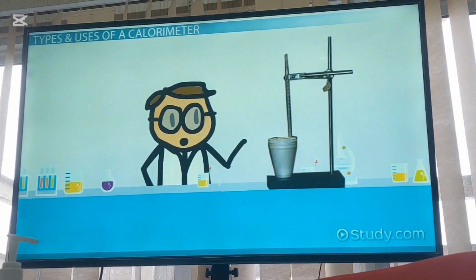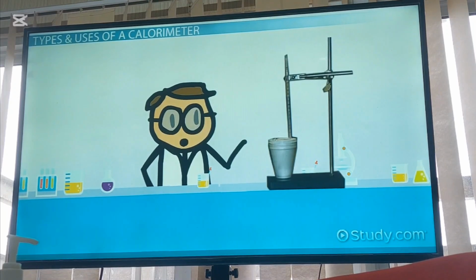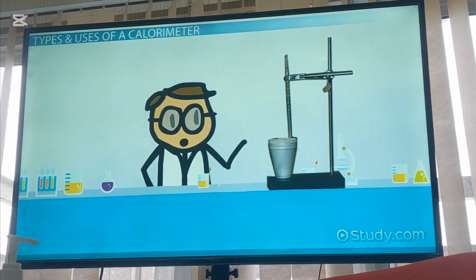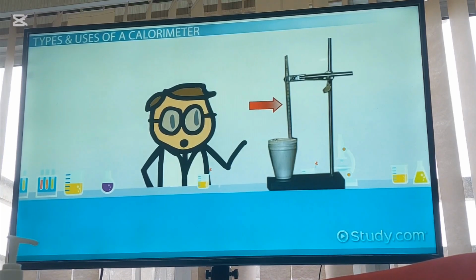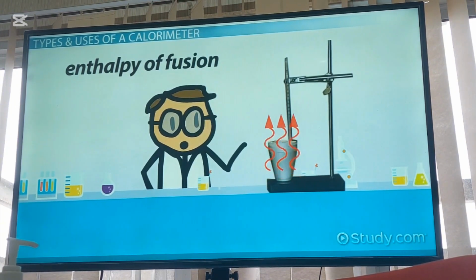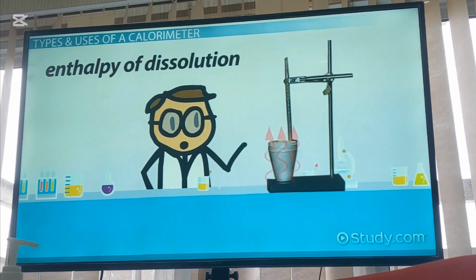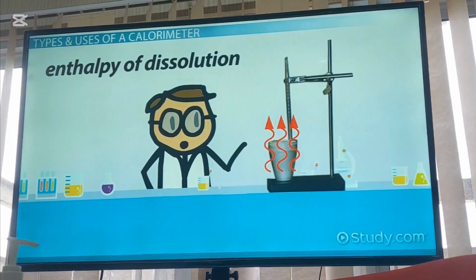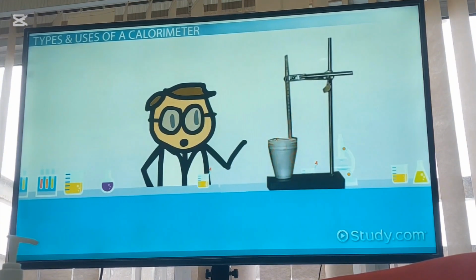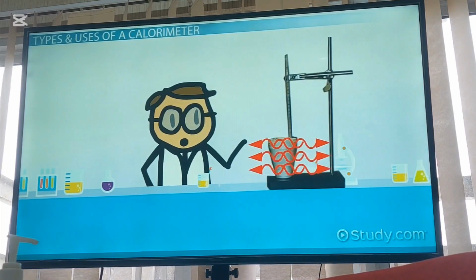Coffee cup calorimeters are often used in high school chemistry calorimetry labs. A specific mass of water is poured into the styrofoam cup, and the temperature of the water is recorded. An object or substance is quickly placed into the water, and the lid is replaced. After a minute or two, the temperature is measured again. This change in temperature can be used to find the enthalpy of fusion, the energy required to freeze or condense, enthalpy of dissolution, or the specific heat of an object, the amount of energy needed to change the temperature of 1 gram of the substance by 1 degree Celsius. Each substance has a unique specific heat. A limitation to this type of calorimeter is that styrofoam